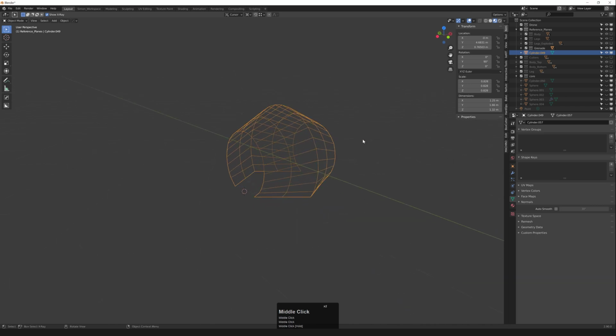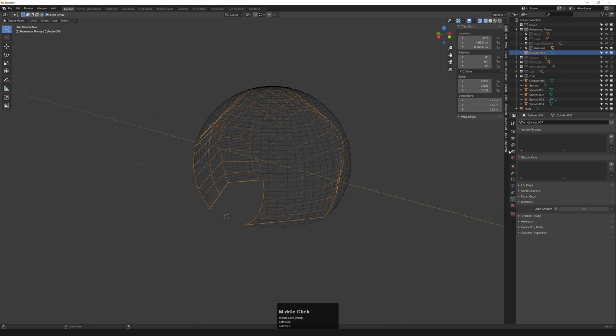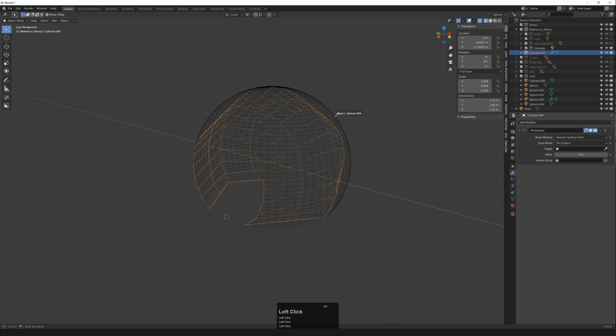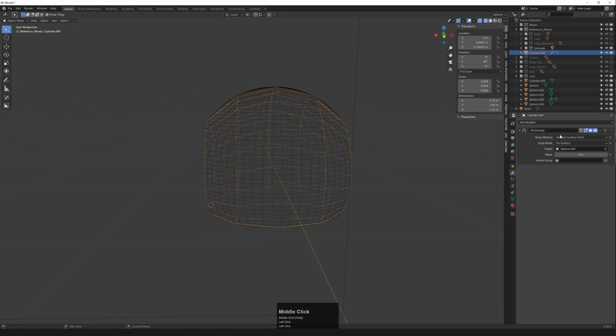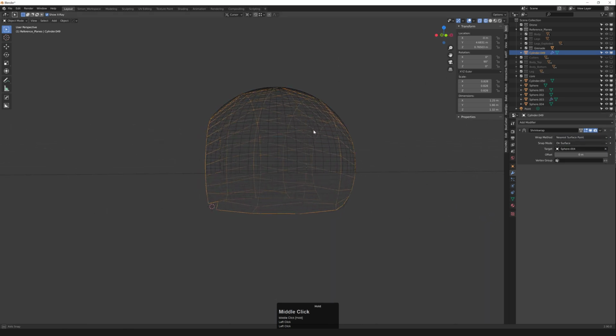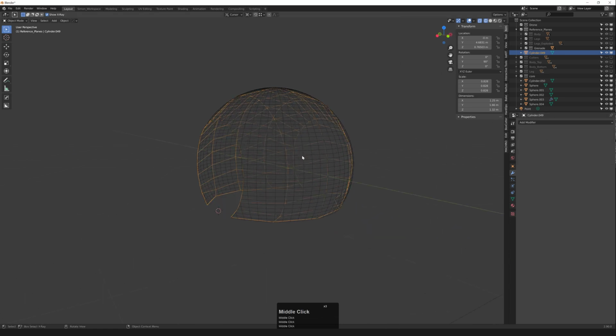And then we're going to project this to the outer shell using a shrink wrap modifier. So select the base geo, go here, add modifier, and then we're going to choose shrink wrap. And we're going to choose our target geometry, which is the sphere. And once I select it, it will project the geometry onto the target geometry, and it's using the nearest surface point. So you can change the attributes here. I would leave it at either tangent, normal, project, or nearest surface point. That gives me the best result here. So let's leave it at that, and then we're going to apply the modifier right away, and then we can